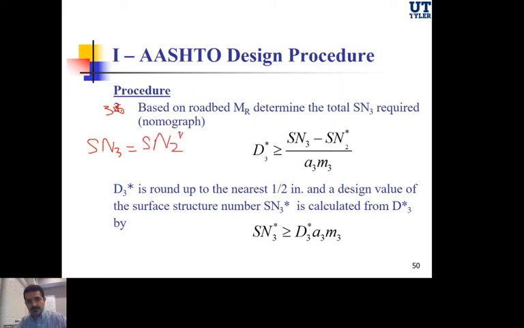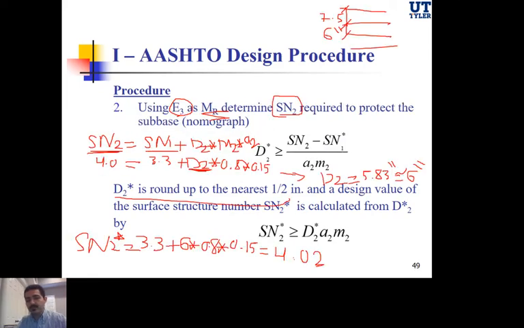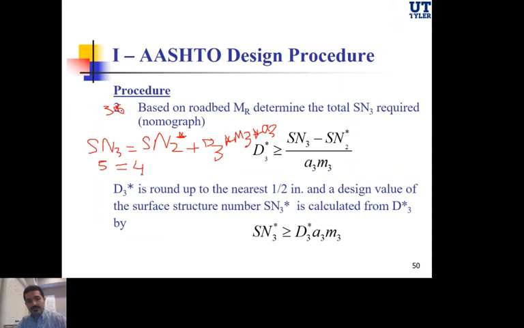So once I get this from the nomograph, SN3 now will be SN2 star, which is coming from the first two layers, plus D3 times M3 times A3. So let's say I got SN3 equal to 5. It's just an arbitrary example. SN2 equal to 4.02 from the previous step. This is, again, because it's cumulative, coming from the top two layers, plus D3. D3 here, this is the unknown. I don't know the thickness of the third layer yet,